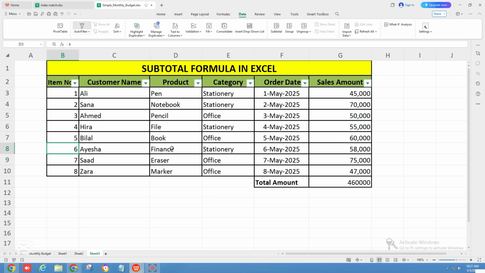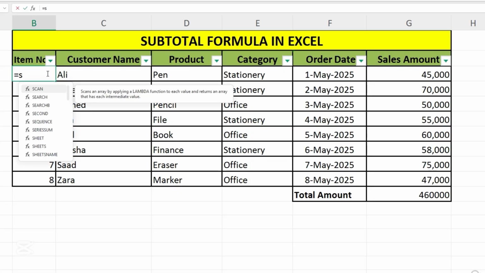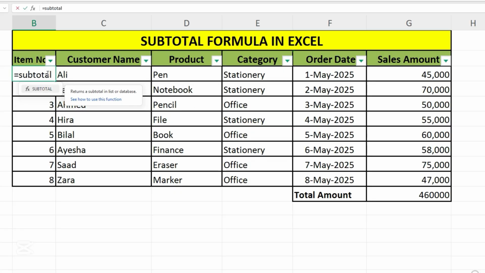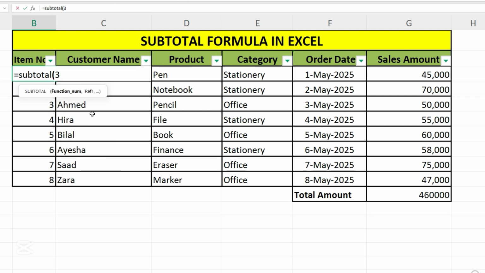Now to fix the problem in item number, go to the item number cell. In the first cell, we have to write a formula of subtotal. Select the cell and write the formula equal subtotal, open the bracket. This time you have to select the third option, that is COUNTA. Press comma and select the first cell of category. Lock this cell. Now press colon. Again select the cell and close the bracket. Now press enter. Drag the cell till the end to apply the same formula in all the cells of